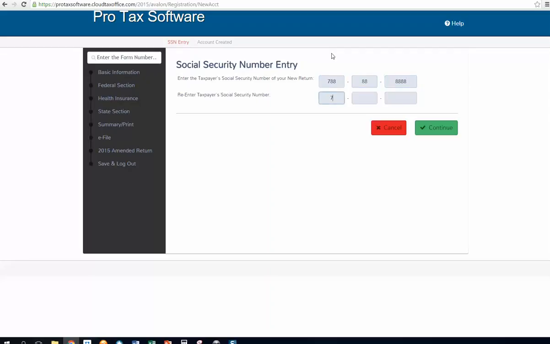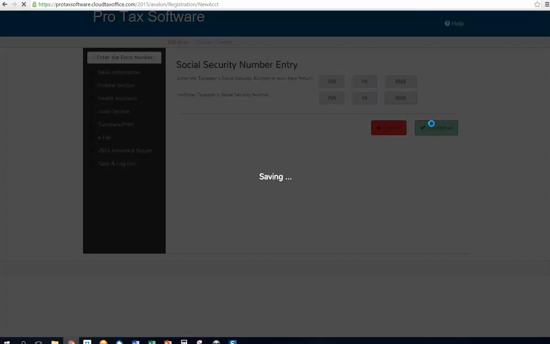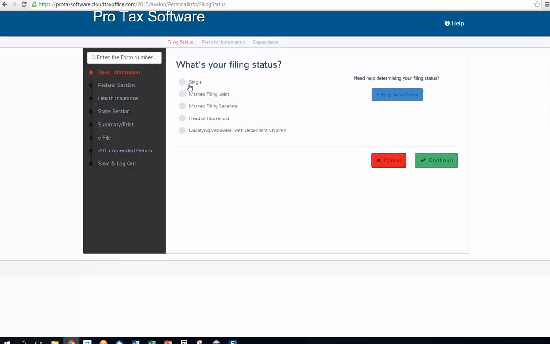So I'm just going to make up some information, show you how easy it is to use, and go from there. So I'm going to click continue, and the first thing it's going to ask me is what is their filing status. Now in this software you are presented with basically an option or an opportunity at pretty much every juncture. If you don't know what you're doing or you have questions as to what you should be doing, you have the I know what I'm doing side, and then you have the please help me side. So you have the filing status wizard. If you're not sure what to select, you can use the filing status wizard. If you do know what to select, just come over here, click head of household, click continue, and put in